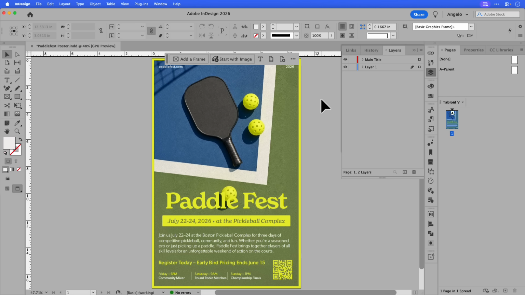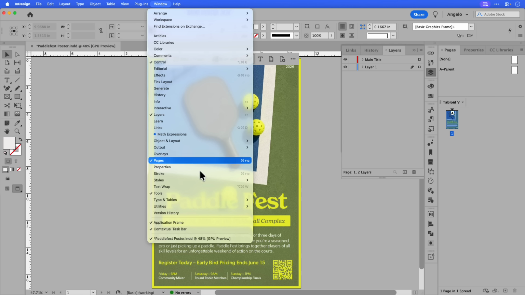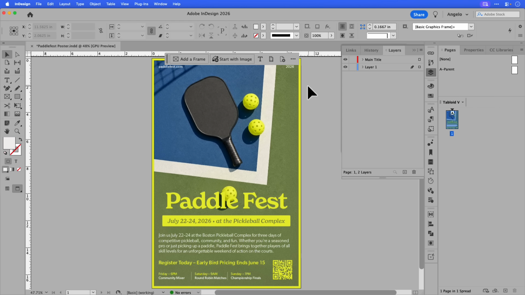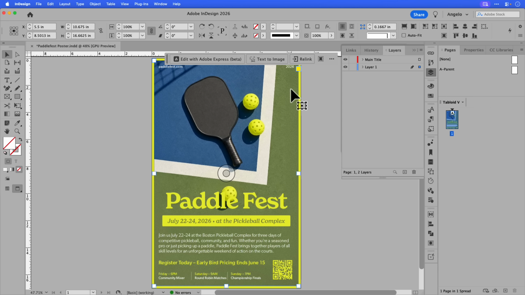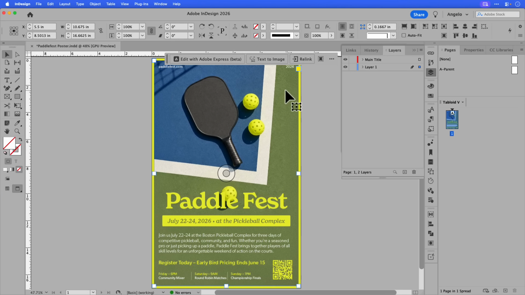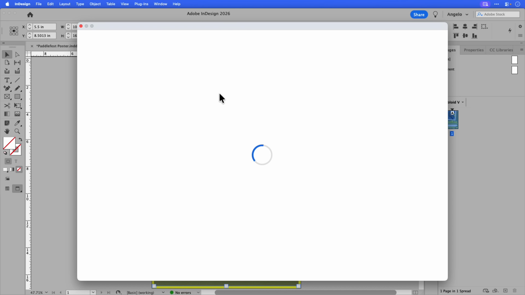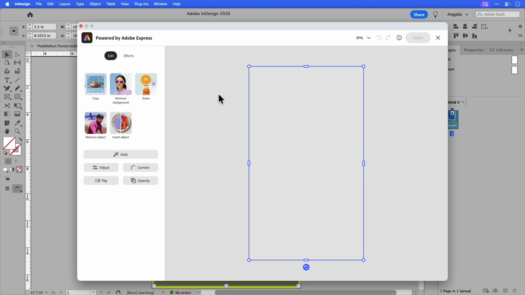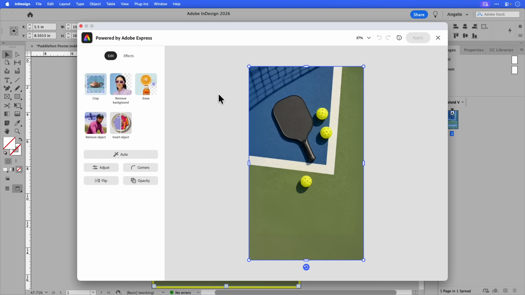Firstly, you'll need to open the Contextual taskbar, which can be located by going up to Window and then choosing Contextual taskbar. You can see that I already have the Contextual taskbar open and it's located at the top of the workspace. With the background image selected in the Contextual taskbar, you'll see an option to edit with Adobe Express Beta. This launches the Express window inside of InDesign with all the image editing tools you'd see in Adobe Express